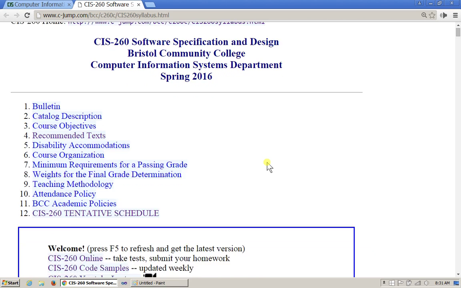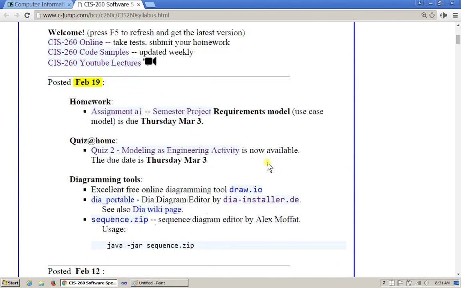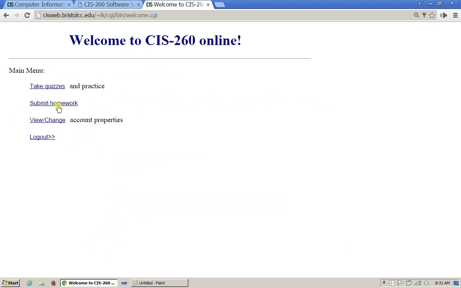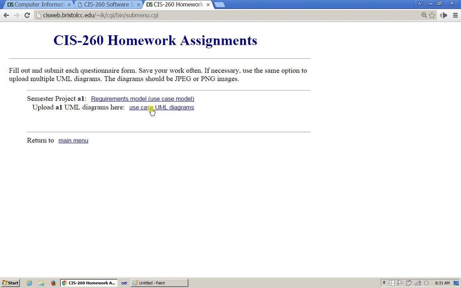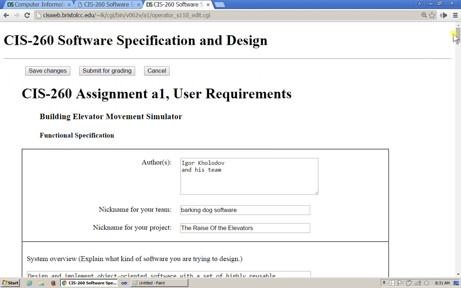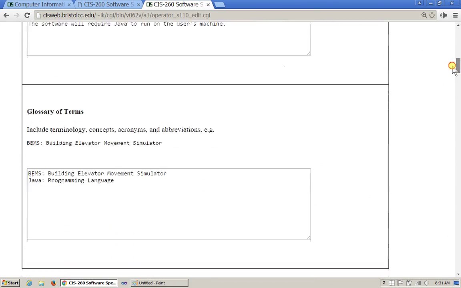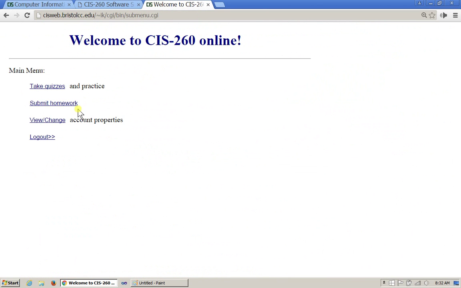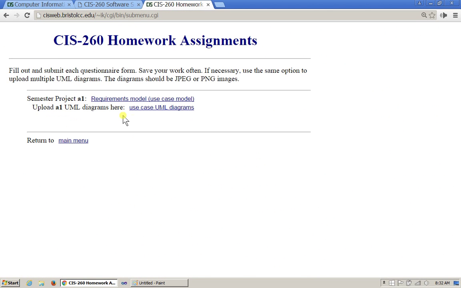The latest posting on our website is the first homework. So we finally got to do the homework for the semester project, and so let's take a look at that. Listed under Submit Homework, there are basically two parts to this. One is just a questionnaire HTML form, which we want to fill out and submit everything. So that's one. And the second thing is that we will be working on some UML diagrams,